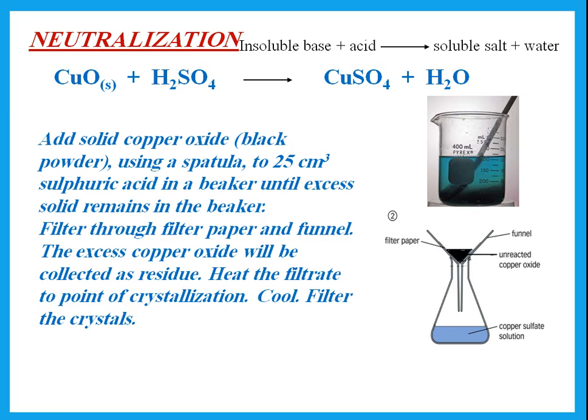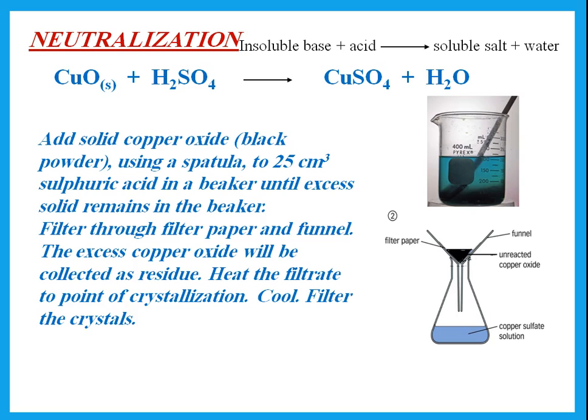When I filter the solution, what is in the filter paper? The one in the filter paper is the excess copper oxide that I don't really need. And what I need is my copper sulfate solution, right? So the copper sulfate solution, I need to take it and make crystals from it. How do I make crystals? Heat the filtrate to point of crystallization, cool, filter the crystals. If you want it pure and dry, I should say wash with a few drops of distilled water and dry